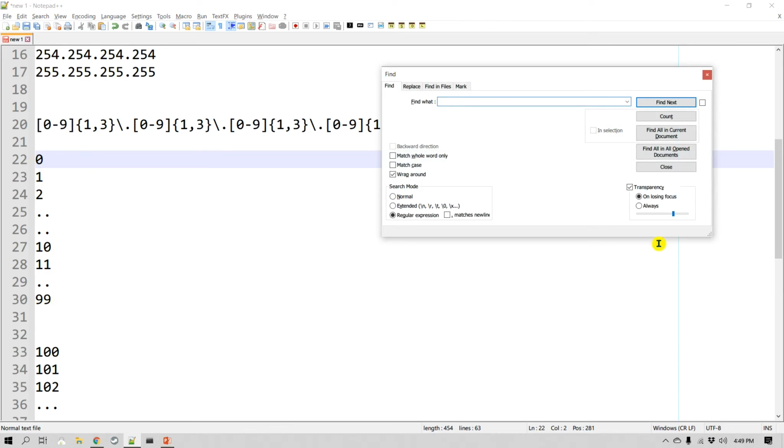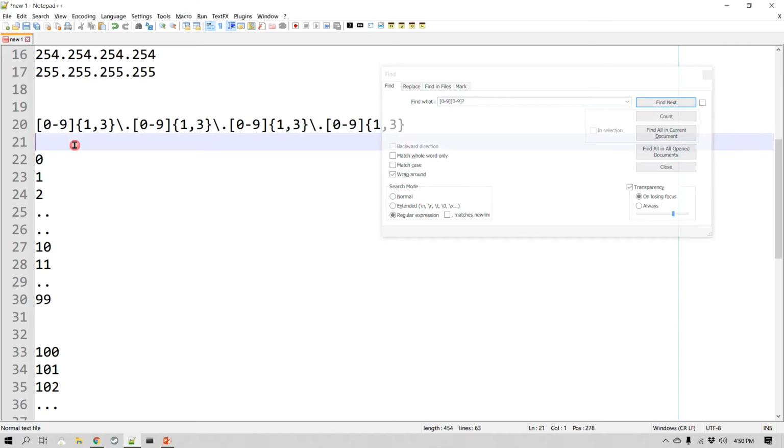Okay, and so let's try to build a regular expression. So I can do 0 to 9, 0 to 9, and a question mark. Now what does that mean? This means that it will match anything from 0 to 99. This question mark means it's optional, so the very first will select 0 to 9, and then from 10 to 99 this whole string will match that.